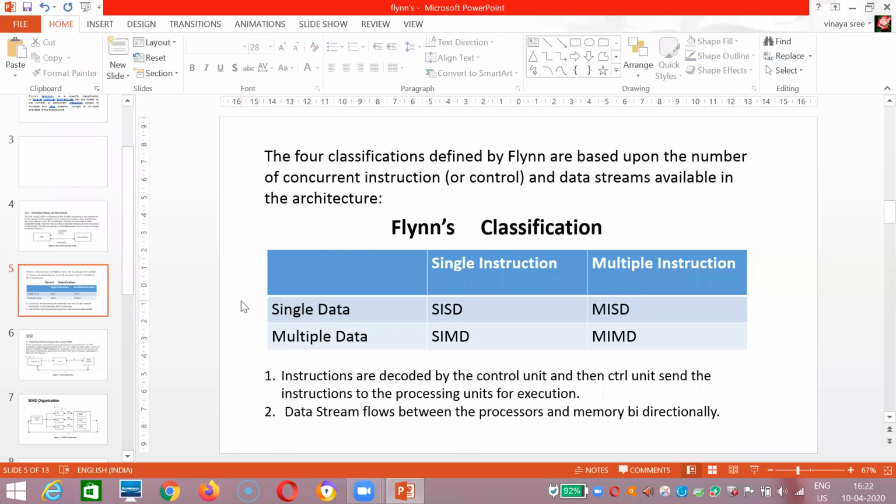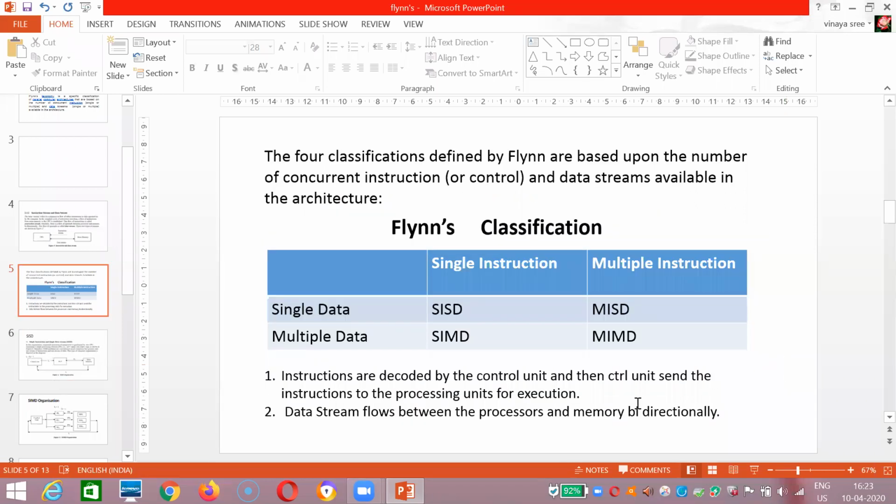So here it will be divided into 4. What are those 4? SISD, MISD, SIMD, MIMD, meaning single instruction single data, multiple instruction single data, single instruction multiple data, multiple instruction multiple data. Note down in your notes, ma. Now, all the classifications classified by Flynn are not all parallel, ma. The first one is serial.